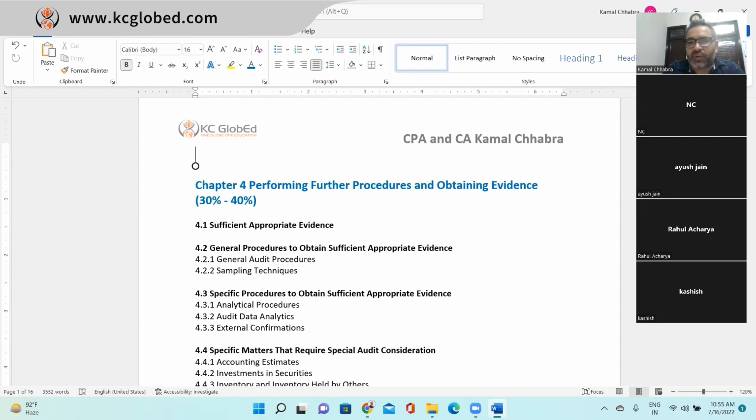In execution, the most important thing you will be looking at in any audit is the evidence. Evidence should be sufficient and appropriate. What is sufficient and appropriate? Any idea? When you are doing an audit and evaluating evidence for the respective financial statement line item, when do you say it is sufficient and when do you say it is appropriate?